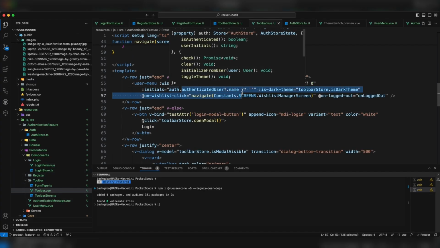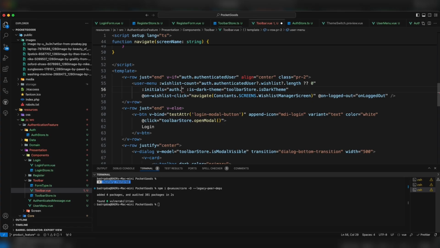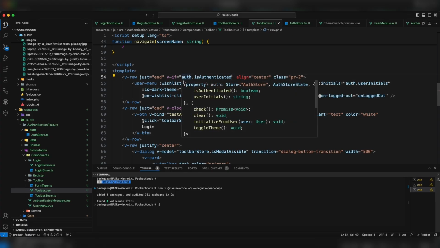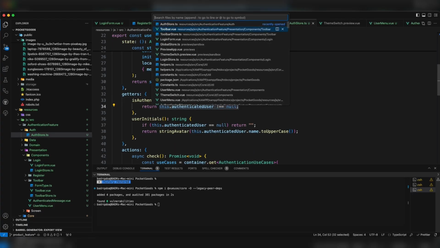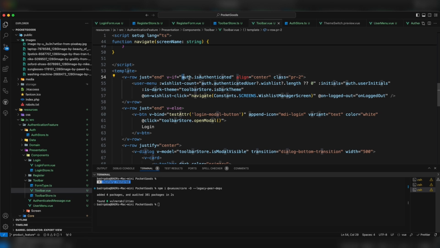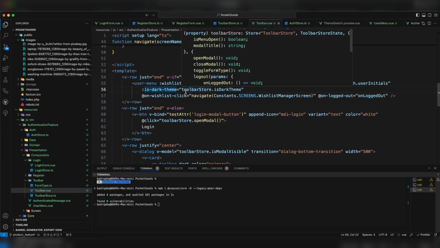Yeah, I'm mistaken here. So we're not going to show this one because we have done initials, or user initials, computed property. It's authenticated, not authenticated user. If user is authenticated, this is a computed property from testing if the user is null or not null. So if the user is authenticated, we're going to show the user menu. We have provided the wishlist count as well as the initials computed property from the user and from the username using the string avatar, and is dark theme is going to be from toolbar and is dark theme